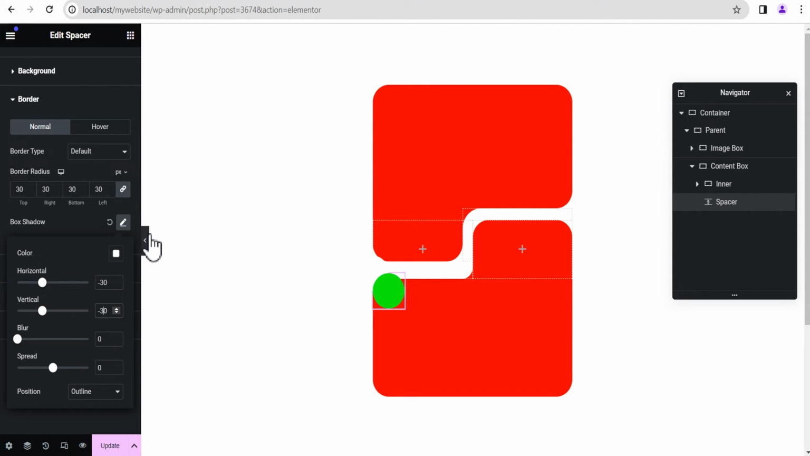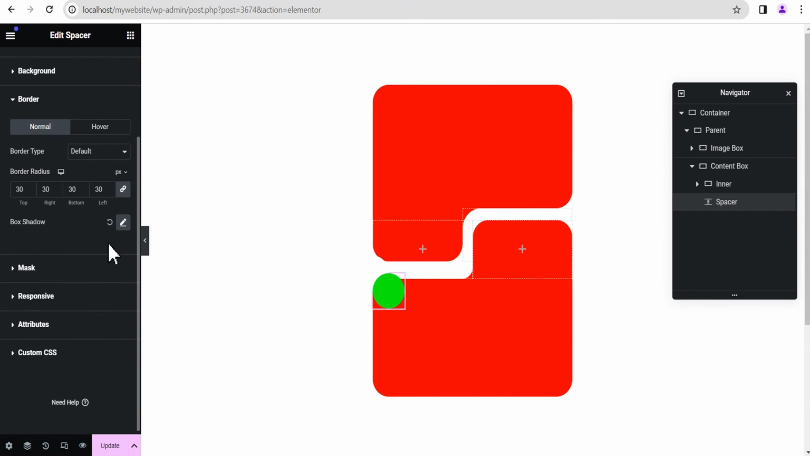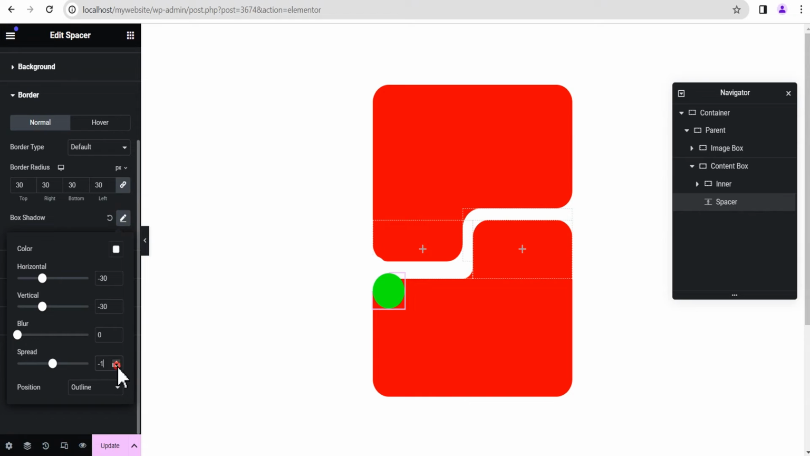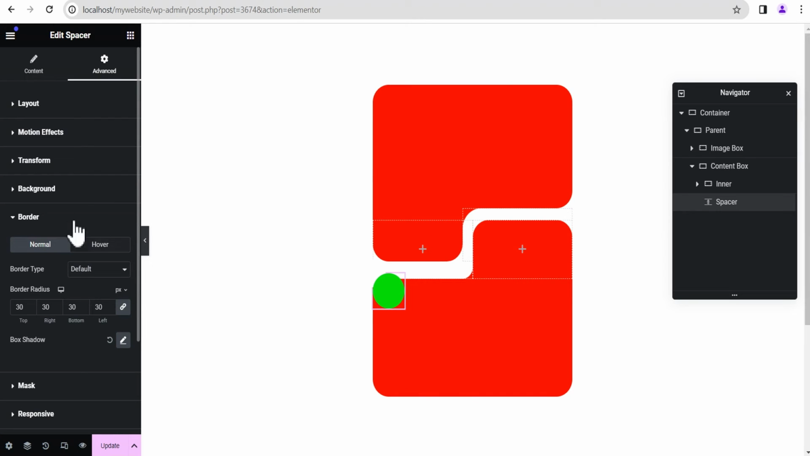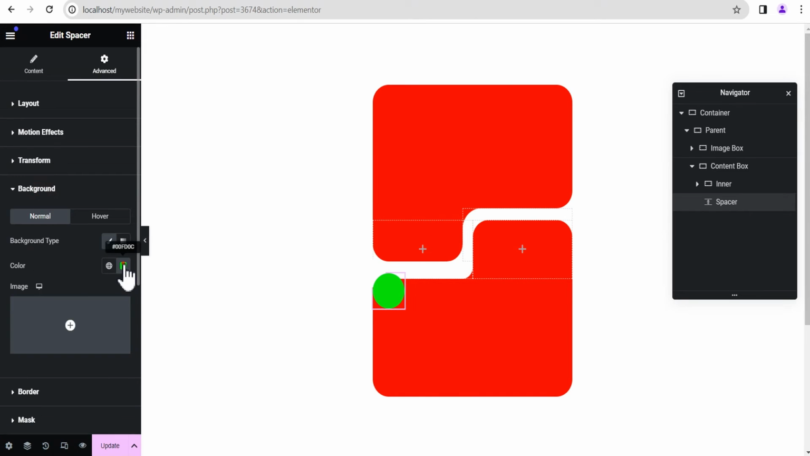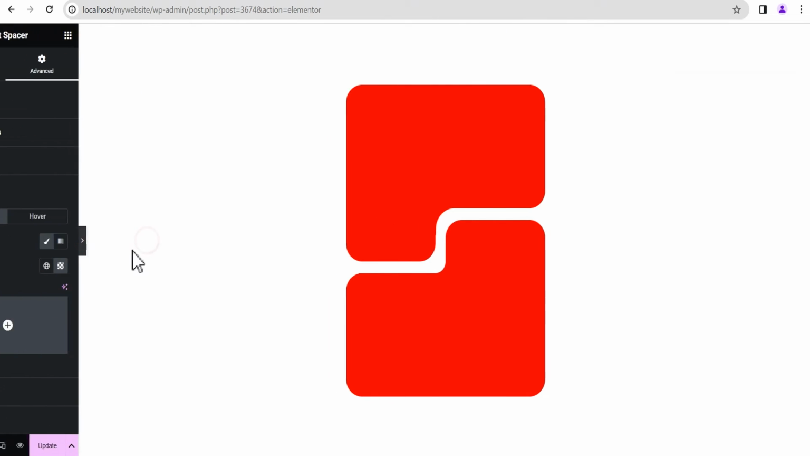Let's see what we've done first. Okay, so we can see that there is a problem here. The box shadow is affecting our image box container, so we're going to fix that by coming over to the spread, and giving the spread a value of, let's say, -6. Let's see if it takes it away. All right, it takes it away. So the next thing we're going to do is go back to the background and change this to a transparent background. So we now have a perfect